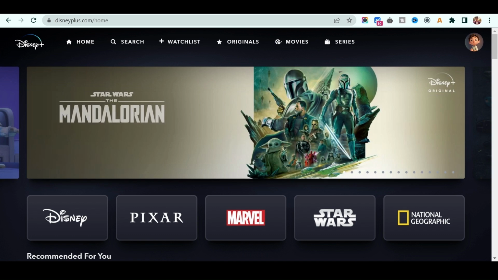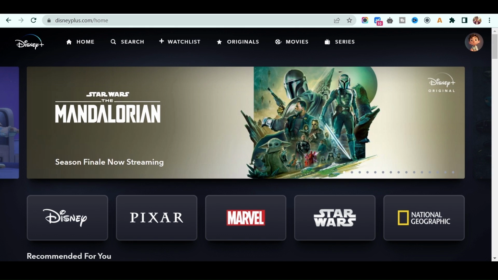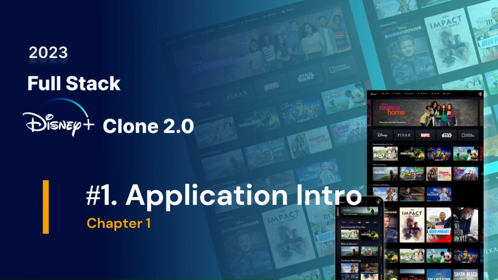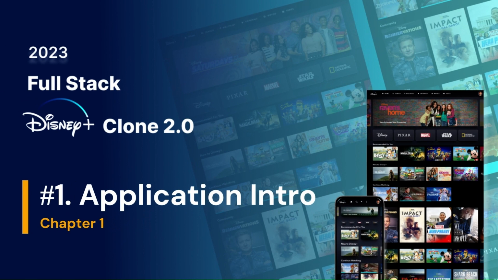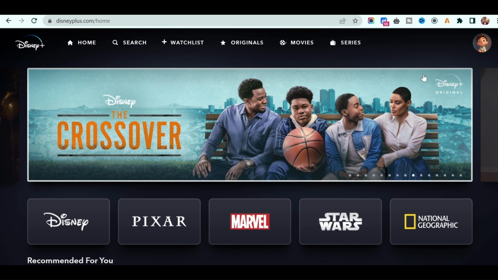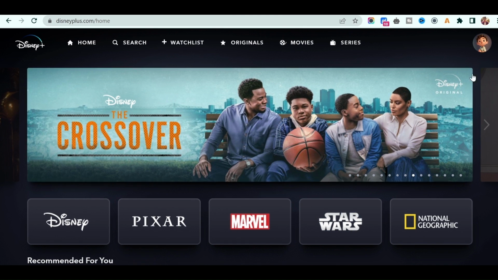Alright, so I just want to show you a quick overview of the functionality which we have in the application. So in this course, we are developing the Disney Clone 2.0 application. If you see on the screen, we have this beautiful navigation bar with the icons and menu.